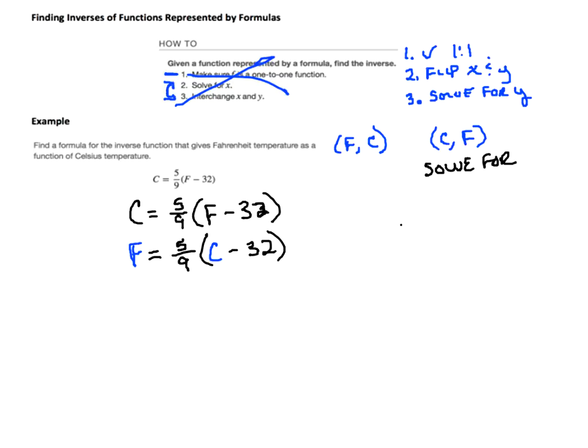Solve for C. That's just going to give us,